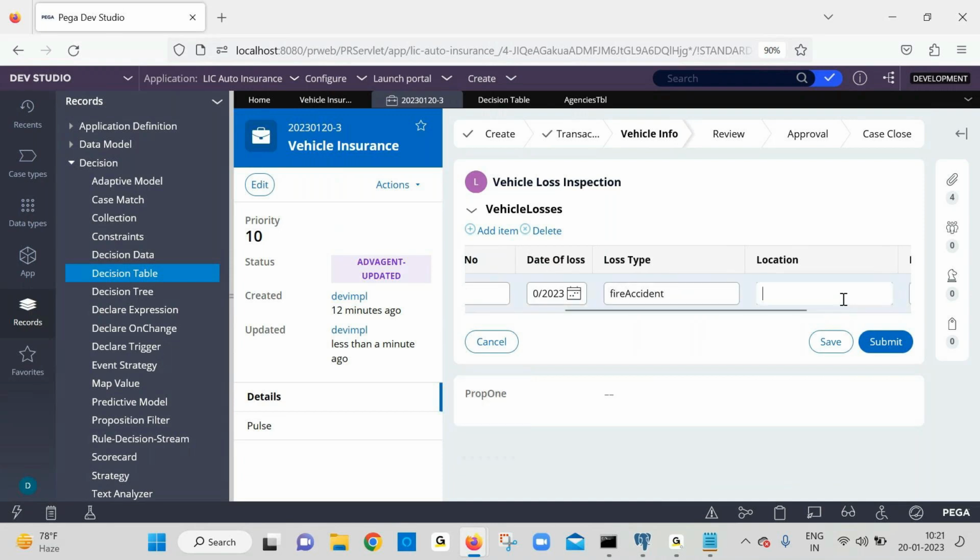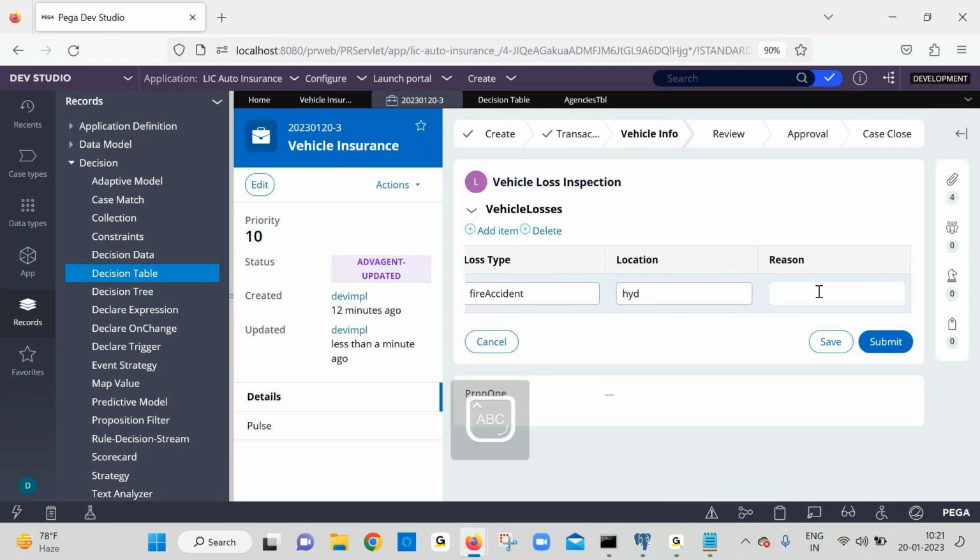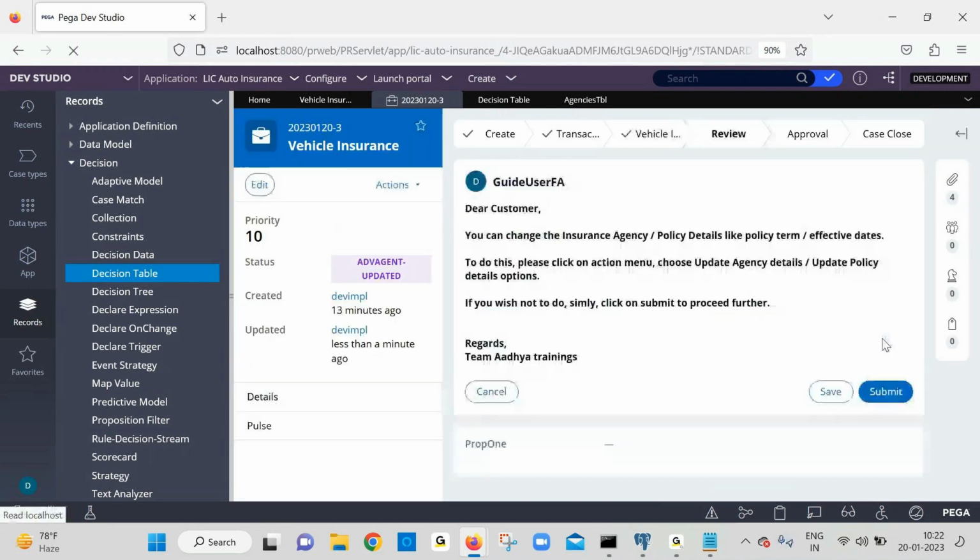Okay, and the location, for example, you can enter, and the reason you can give something. Okay, if I enter this one,